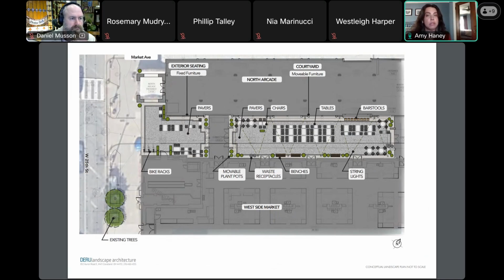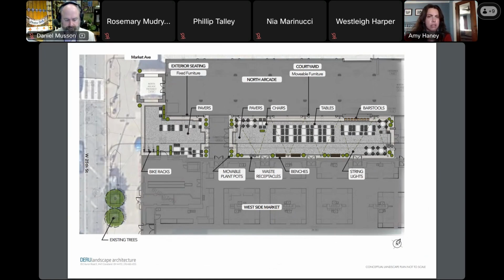We could have live music with a small stage set up. So if we put anything here that is permanent, that really limits the number of people and the type of setup that could occur here. For now, we are proposing movable planters at different heights and sizes that could be moved to the edges or the middle, depending on what is happening in the courtyard at that time.